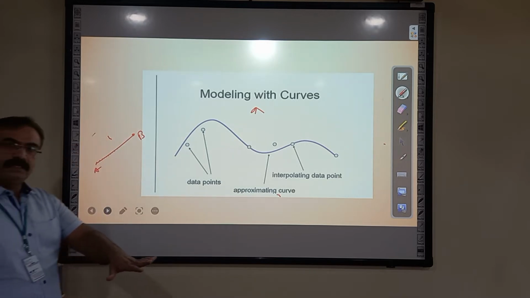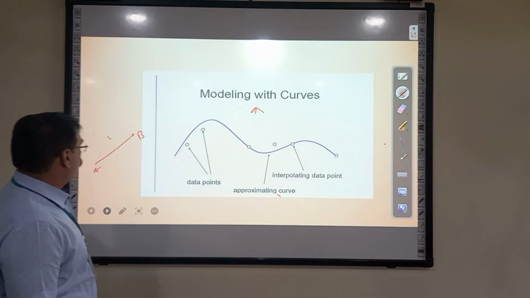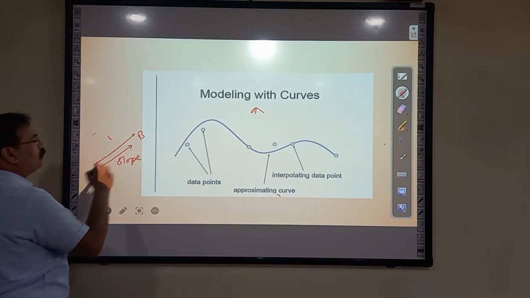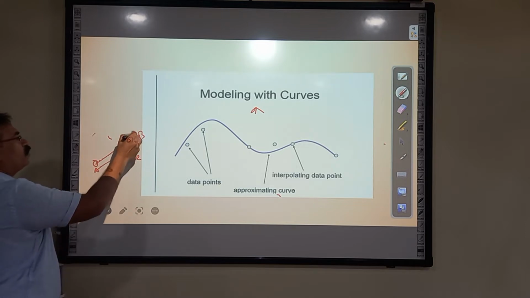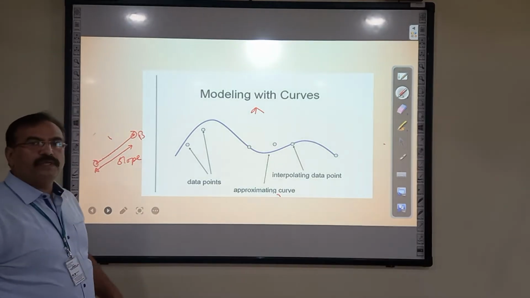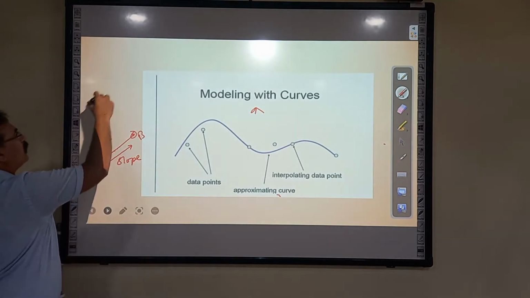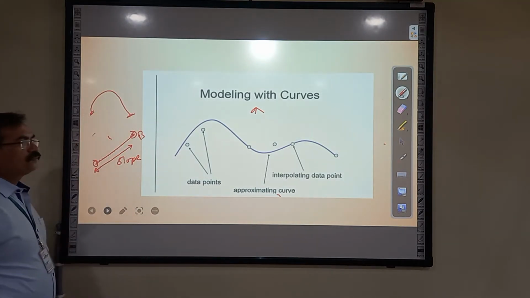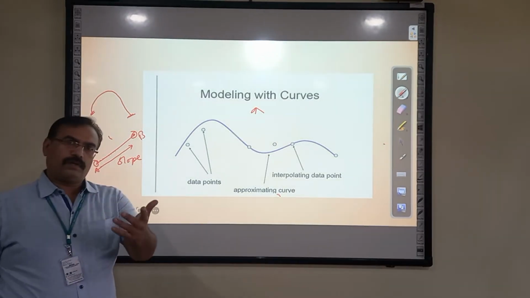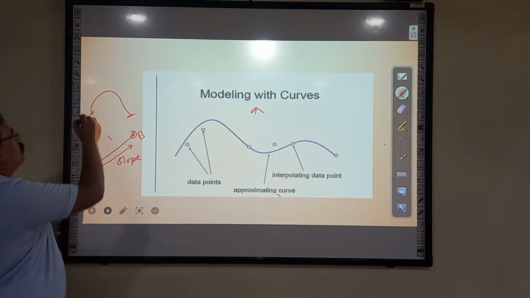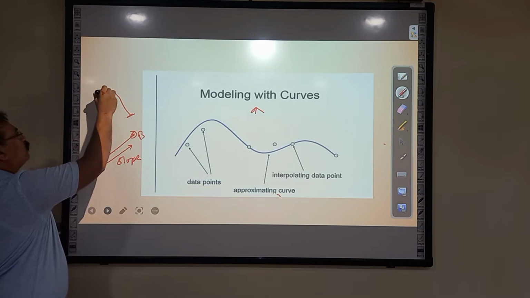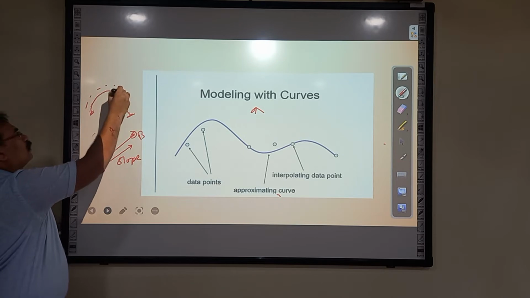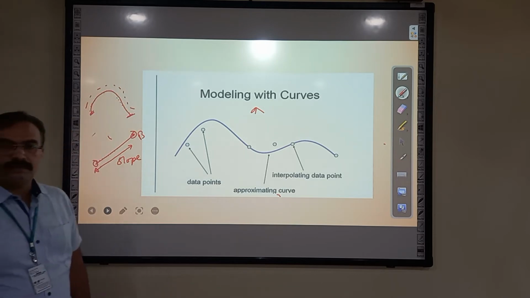We have already done it with the help of DDA and Bresenham's. In this way, with a particular slope, a line is generated. Or even if we know A and B, we just follow the path from A to B and generate a line. So can I say that a curve is also a collection of points? I can say that. Go on drawing the points one by one, and you will be able to generate a curve.